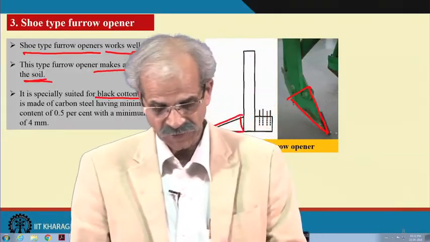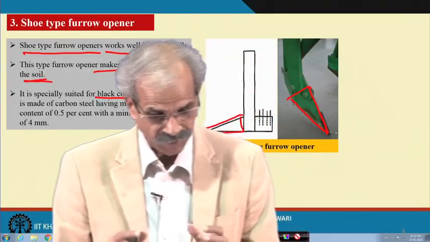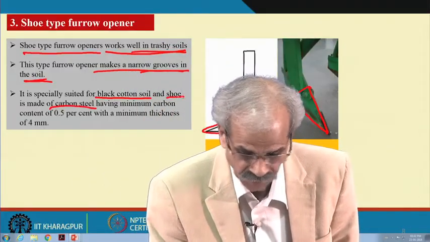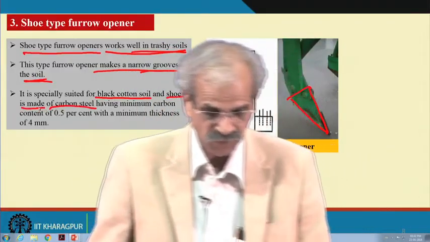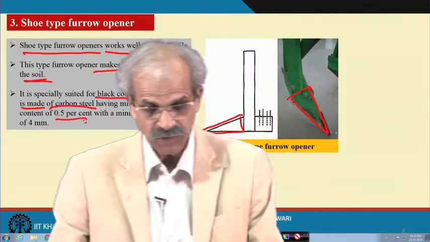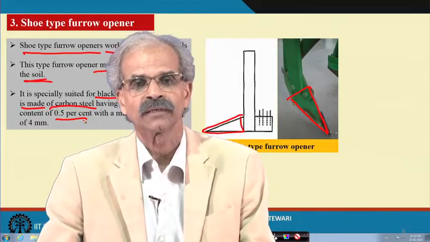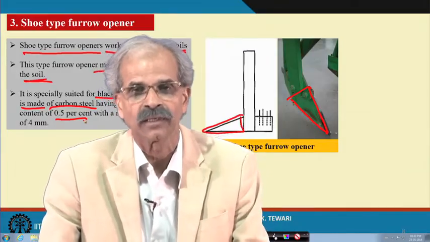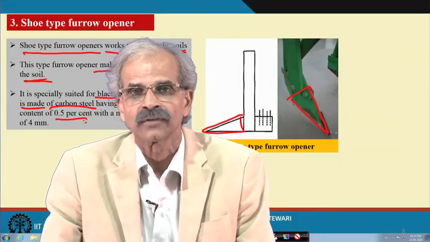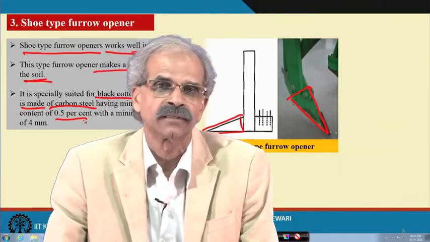Because they are required to be hard enough, they are made of carbon steel. Yes, it is very important. Shoes are made of carbon steel having minimum carbon content of 0.5%. See, this is important because under the black cotton soils, the requirement of strength is very important. So, from that point of view,